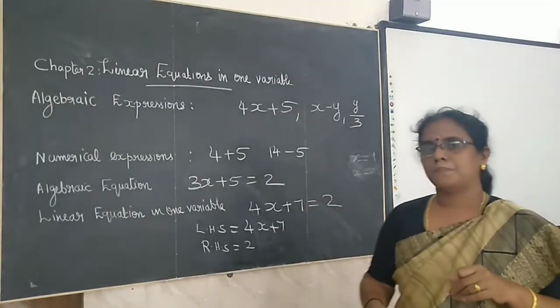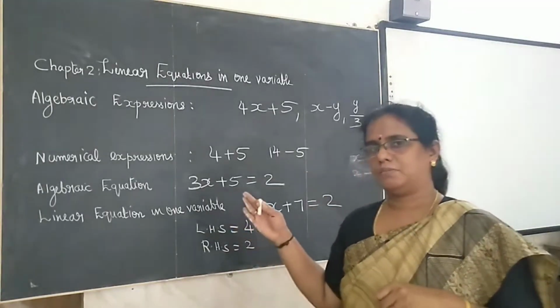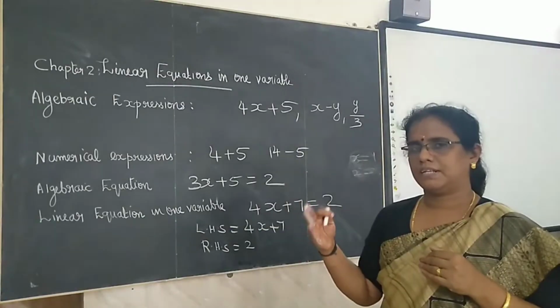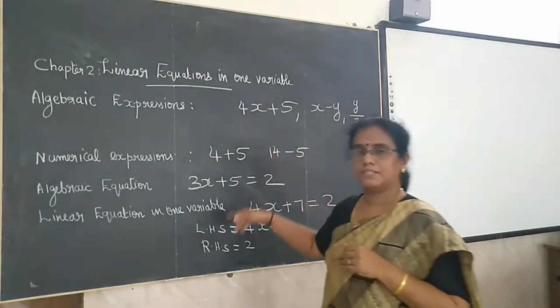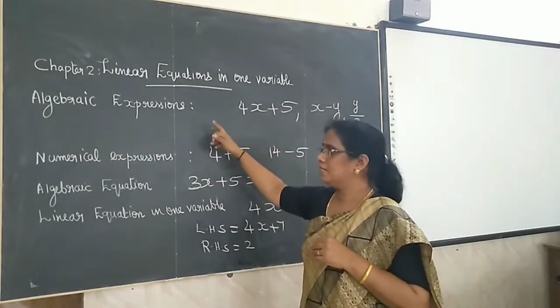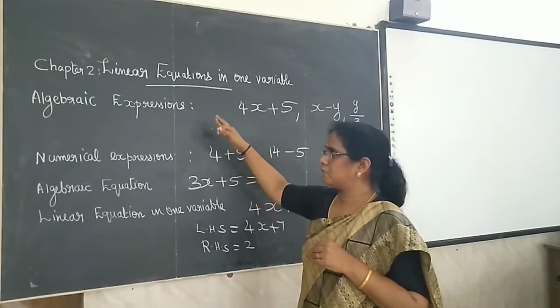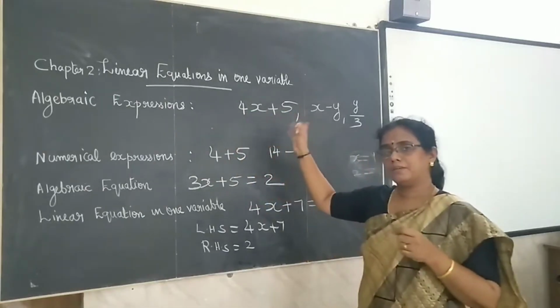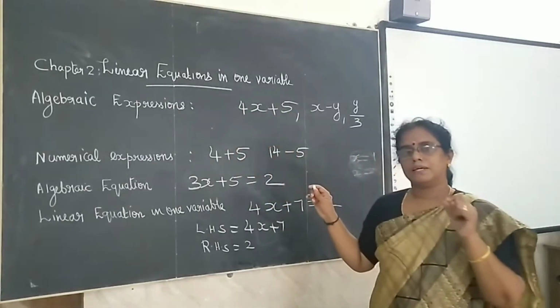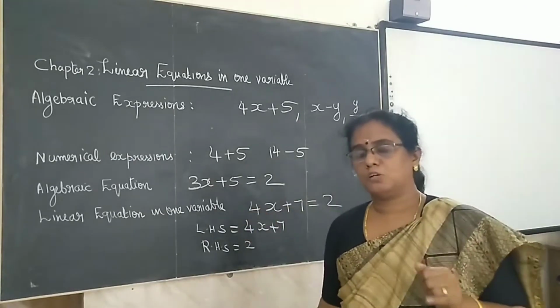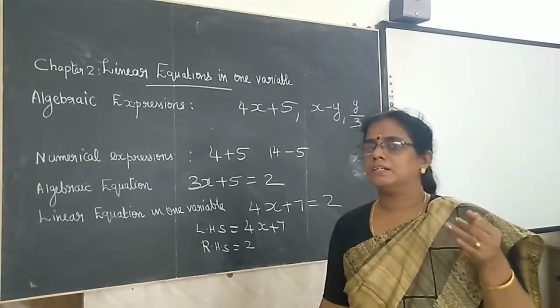These are some basic concepts in this chapter. We already studied it. I think you are remembering all these things. Algebraic expressions, numerical expression. Algebraic expression means the constants and variables are connected with the mathematical operations. Mathematical operation means plus, minus,